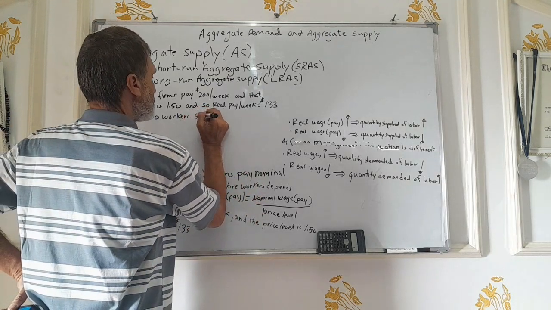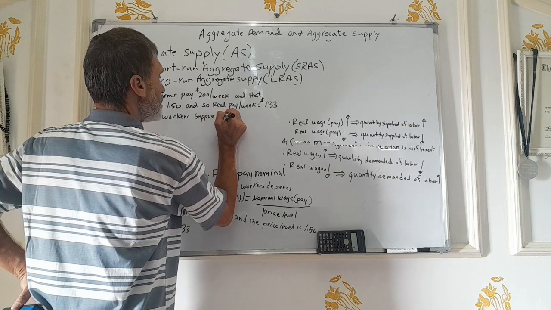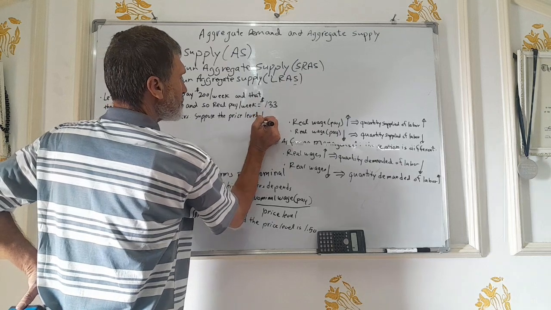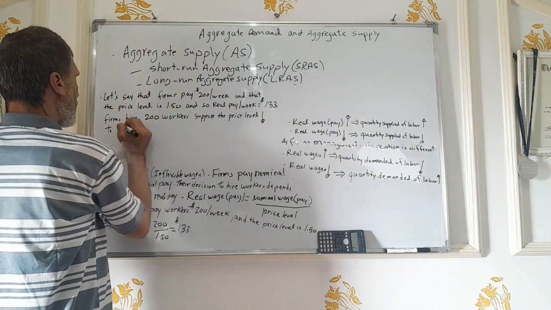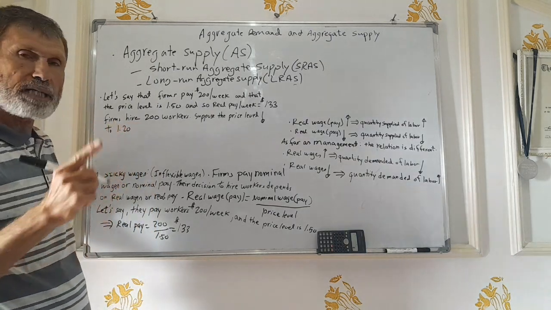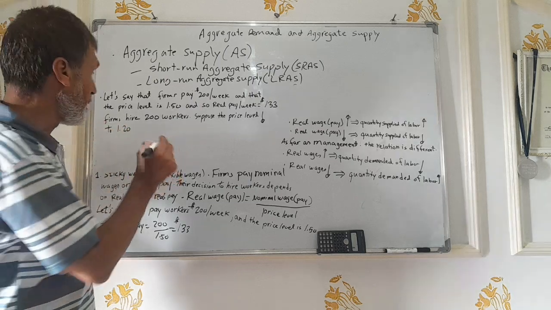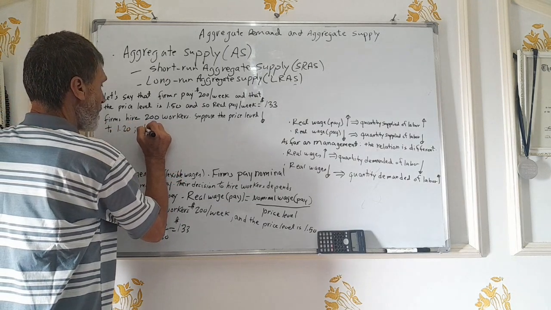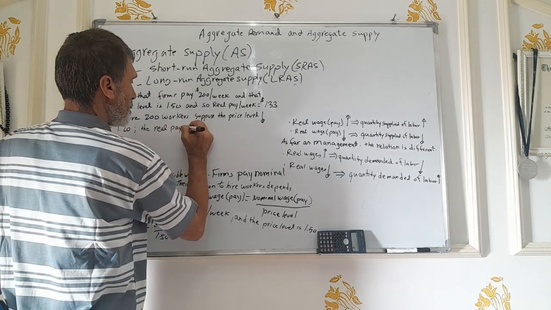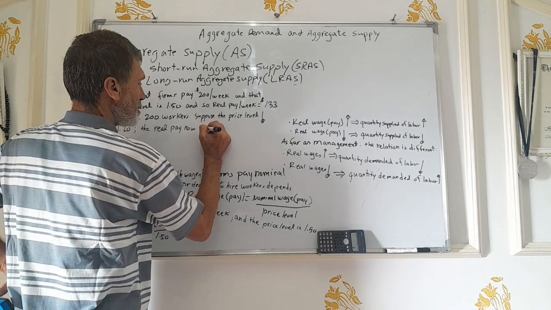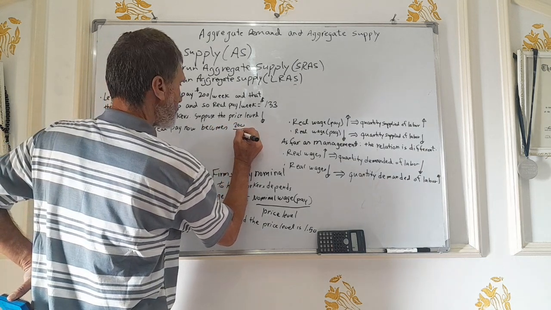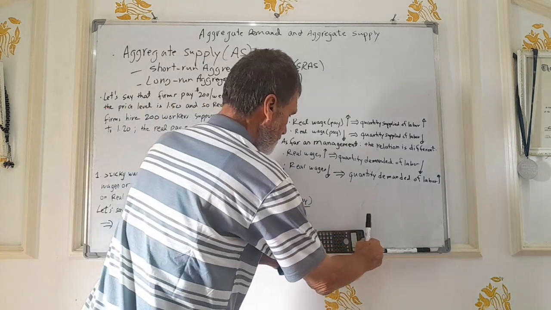Suppose now the price level decreases to, let's say, 120. So in this case, what happens to the real wage or real pay? So the real pay now becomes 200 over 120,